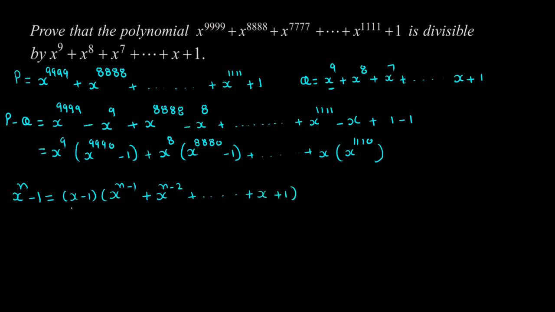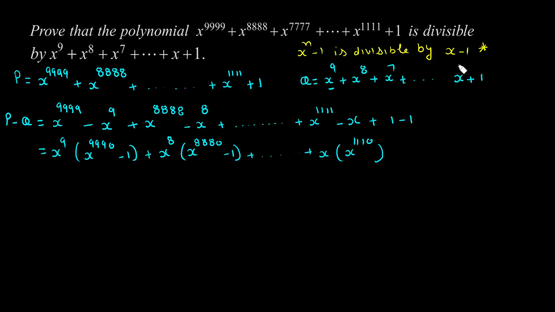So here we can say that x raised to power n minus 1 is divisible by x minus 1. So for the rest of my video I use this result, that is x raised to power n minus 1 is divisible by x minus 1. So to use this result I can write it as x raised to power 9, and